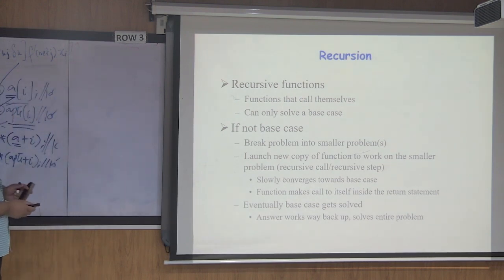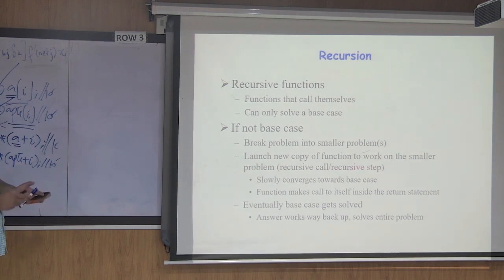If it is not the base case, what steps do we have to follow? Break the problem into smaller pieces, further break it down, launch a new copy of the function and work on the smaller pieces. Now this is all textbook knowledge. We have to convert it for the sake of our understanding, and then relate it to what we have written: the problem, the smaller problem, the recursive call and recursive step, slowly converging